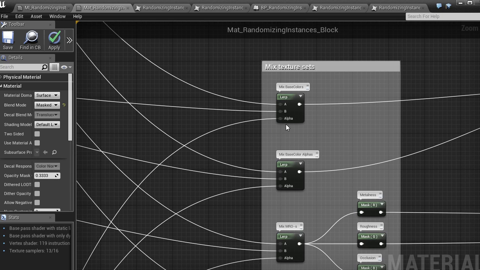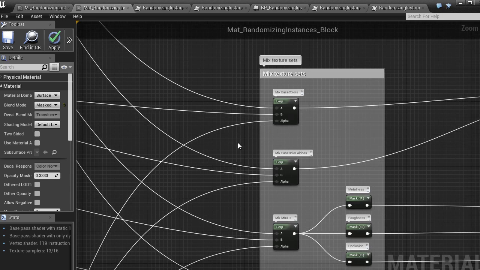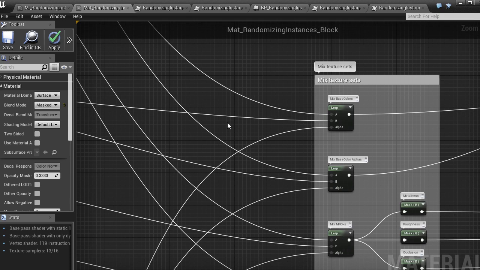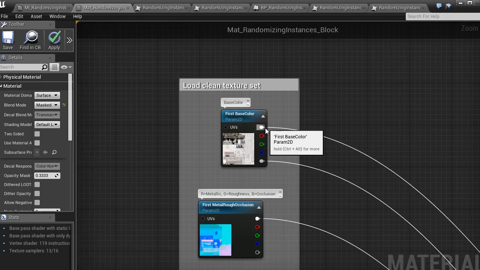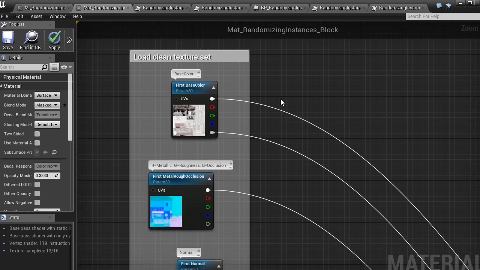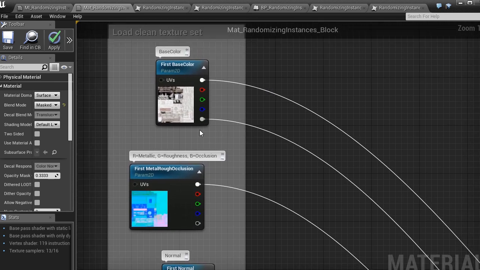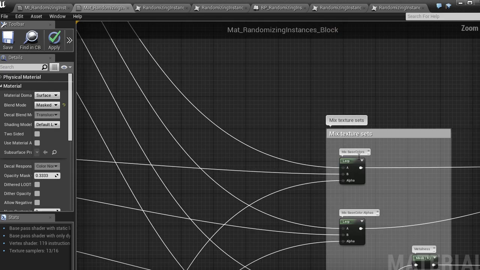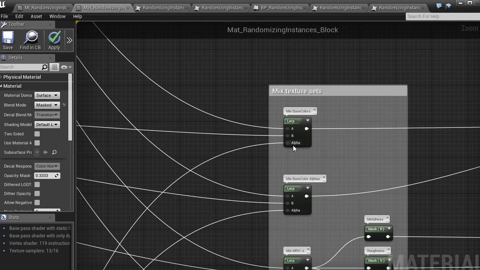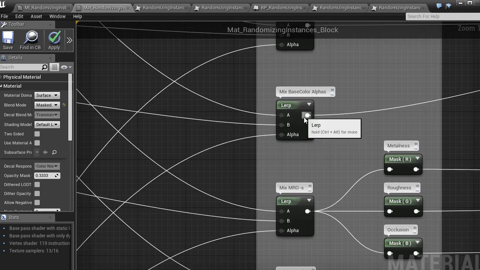It's called alpha, but it's just a factor, a scalar number. And what's returned from this white pin on the texture node is a vector of 3. It doesn't contain the alpha, which is given here as a separate value. So first I have to mix between the base colors, and then I have to mix between alphas.